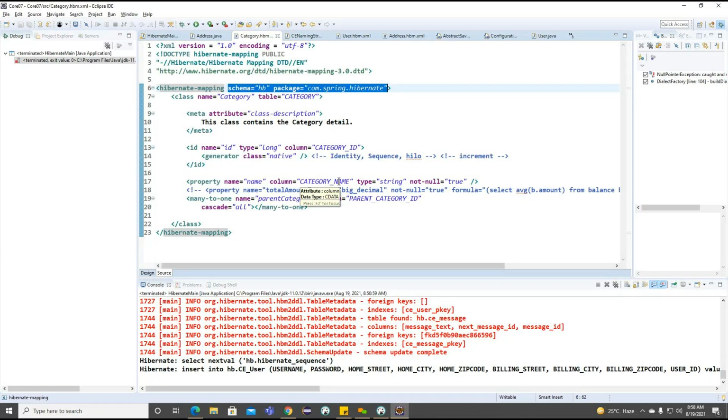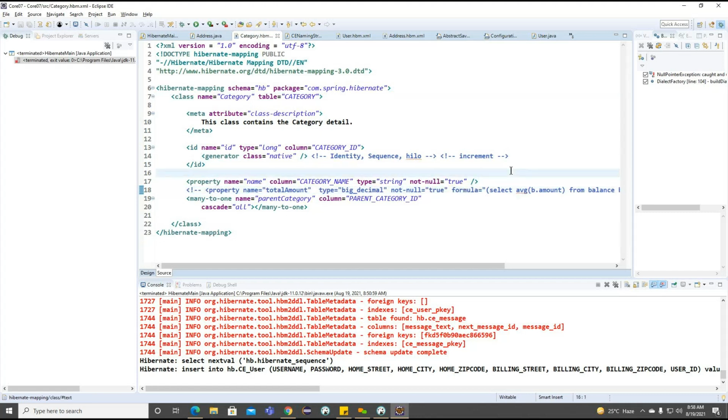Finally, we connected with the properties in our same table with the help of this component. And we identified some property level attributes: the type attribute, not null attribute, formula attribute, and access attribute. Getting the point? These are the basic and most important information. If we don't have anything, we'll continue tomorrow. Tomorrow also, most of the information we are going to discuss.